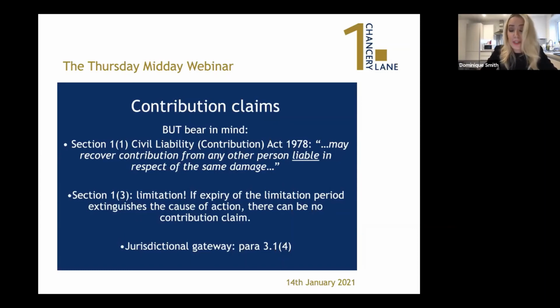Following that, we've already touched on jurisdictional gateways, and there is a specific jurisdictional gateway for contribution claims at paragraph 3.1(4), which allows a gateway if a claim is an additional claim under Part 20 and the person to be served is a necessary or proper party to the claim or additional claim. I recently had a case which touched upon this issue. It's quite interesting. It's not something you see that often, but I thought it might be helpful. But again, as we've already mentioned, there are hurdles to surmount in any event once you get through the jurisdictional gateways. So I hope that helps.